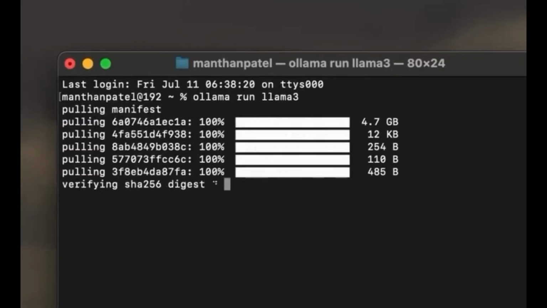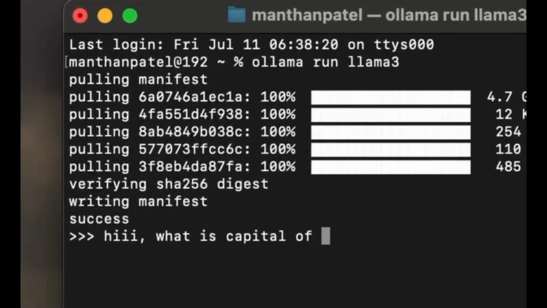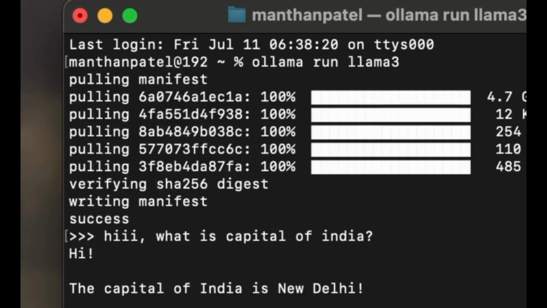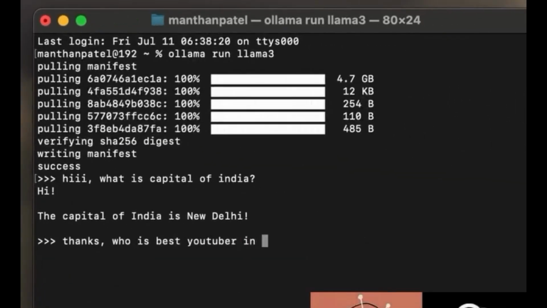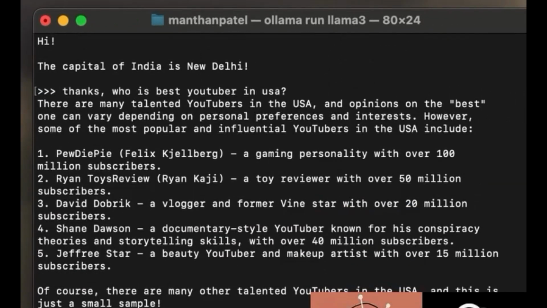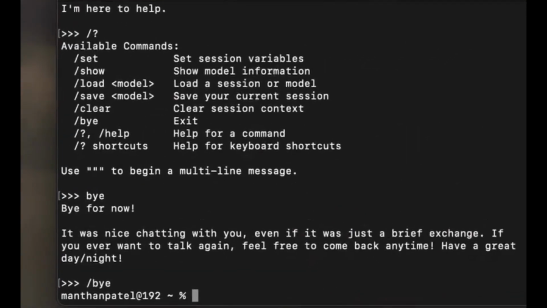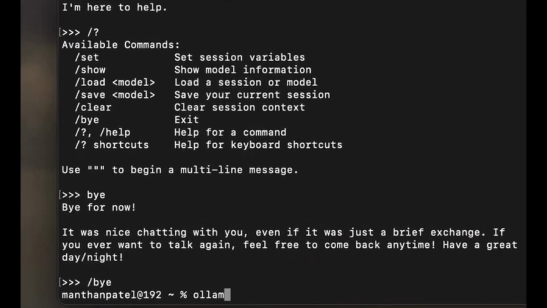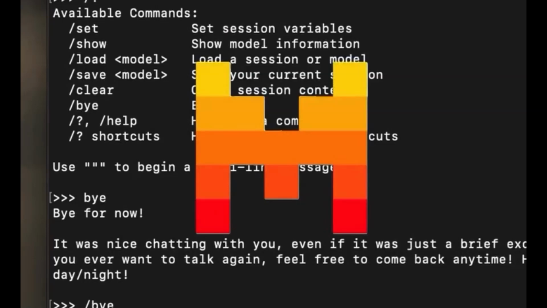Once it is installed, you can normally chat inside your terminal asking questions like what is the capital of India, and as you can see, it will give you the right answer. It is just like a normal conversation inside ChatGPT, but this time you are running it locally inside your terminal. Then if you want to use another model like Mistral, simply run ollama pull mistral and it will download this